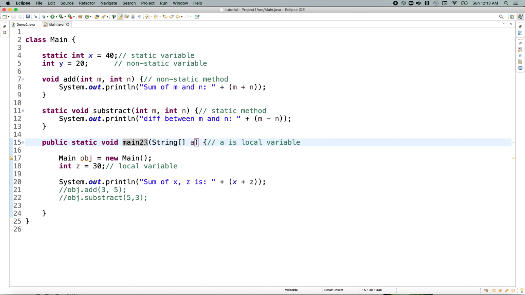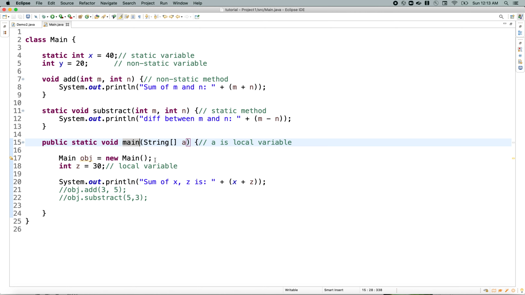Whenever you want to run a standard program, you definitely need a main method, and only the content within the main method will get executed. This is about the main method. In some interviews you may also face this question: if you don't define the main method, what will happen, what error will it throw? We have seen the error. It will throw a runtime error saying that the main method is not defined in the class.